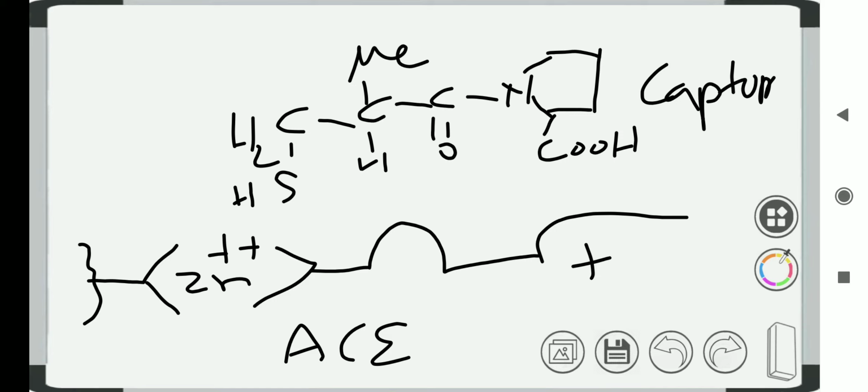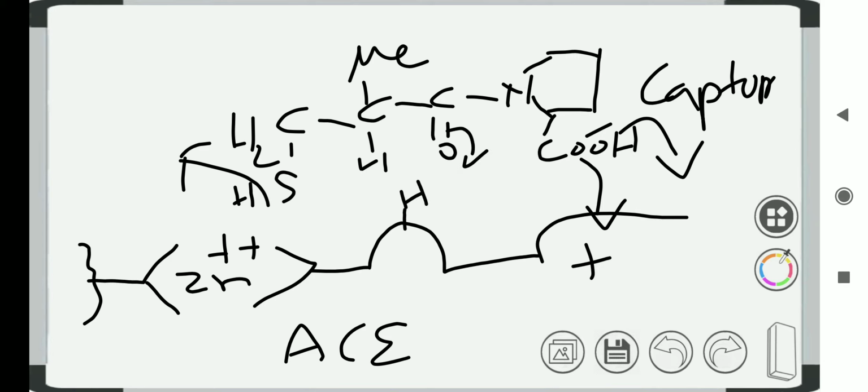Before that I will explain what's the chemistry between the both. Here the proton is going to be replaced. Similarly for the sulfur also, we are going to get a carboxylate ion, making a bond with the positive charge of ACE. Similarly, we have the hydrogen atom in the ACE, and the carbonyl carbon is going to make a hydrogen bond with the ACE. Similarly the sulfur is going to make a bond with the zinc atom in ACE. So this is the overall binding that's going to happen. Very nice. This is the chemistry that's going to show.